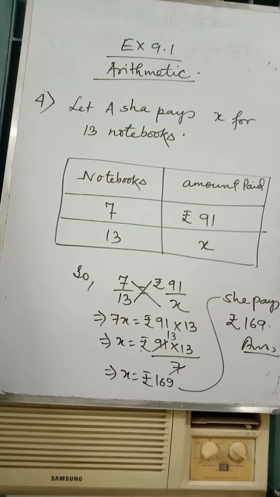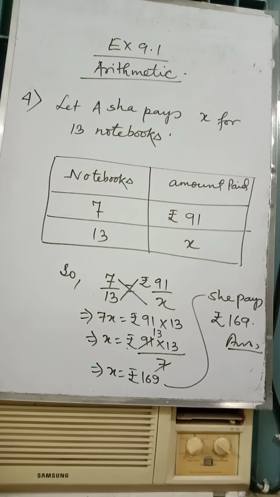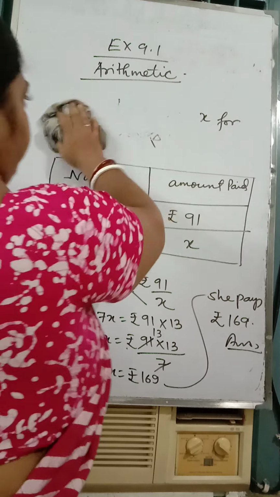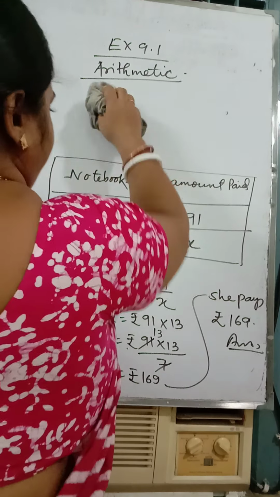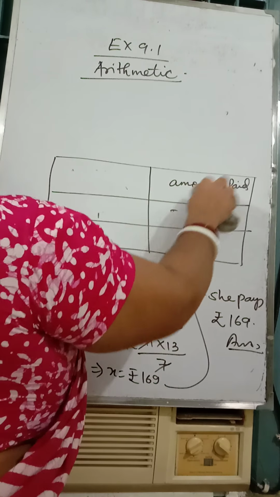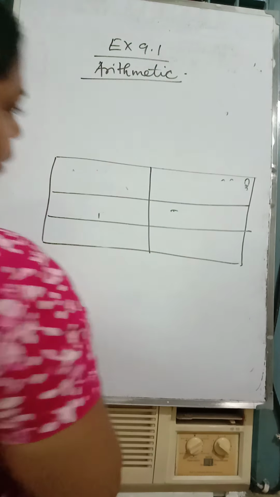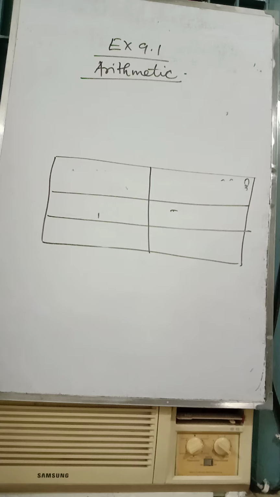Anu walks 600 meters in half an hour. What distance will she walk in 9 minutes? Now you can see one is given in hours and the other they have asked in minutes. So first thing you have to do, you have to convert it into minutes. What is the meaning of half an hour? It is 30 minutes, is it, my dear? Just see question number 5. Anu walks 600 meters in half an hour. How much does she walk in 9 minutes?